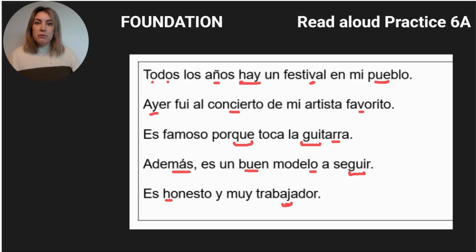Okay, so ready? I will start now doing the read aloud myself as if I were the person who's doing their exam. And the examiner will say, lee el texto. Read the text and I'll say,